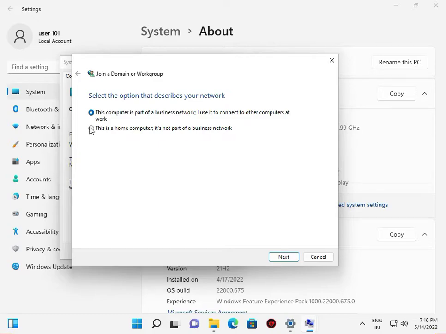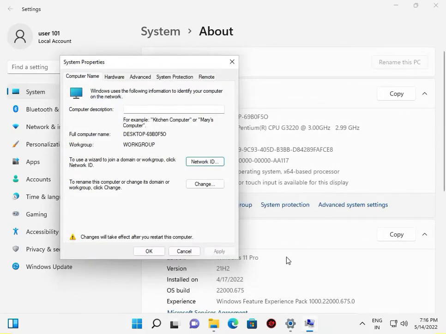So you can click Home, this is a home computer, not part of a business network, and then Next and then Finish. You can restart your system, but please wait because I have 2 or 3 more methods, so